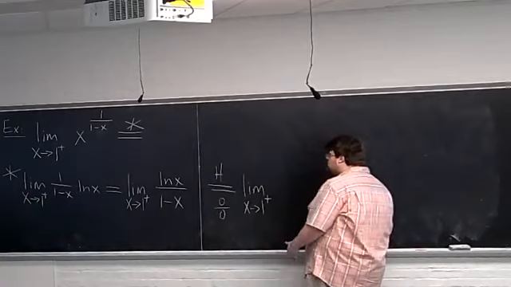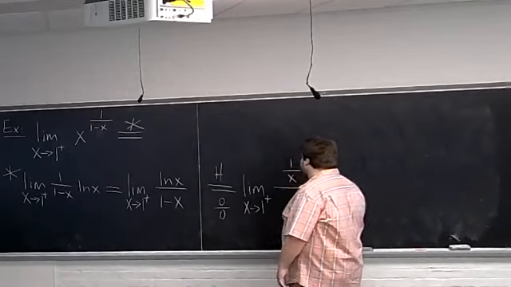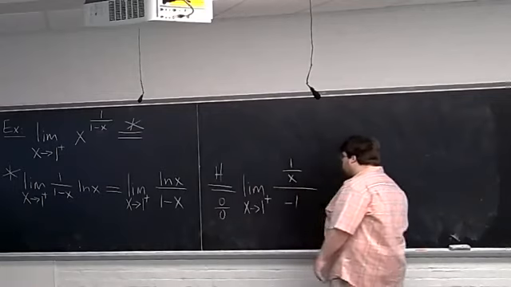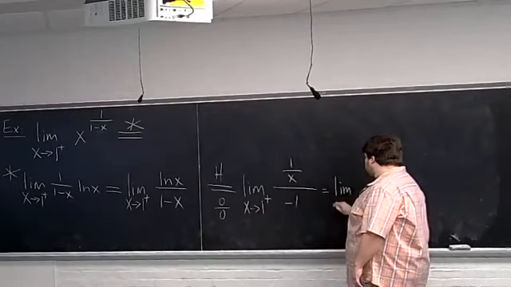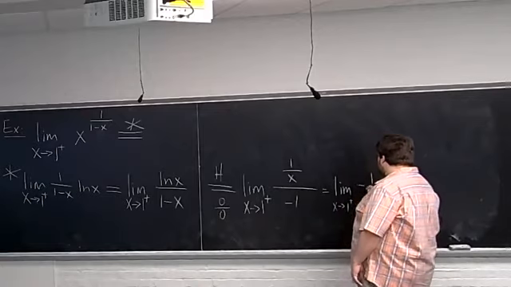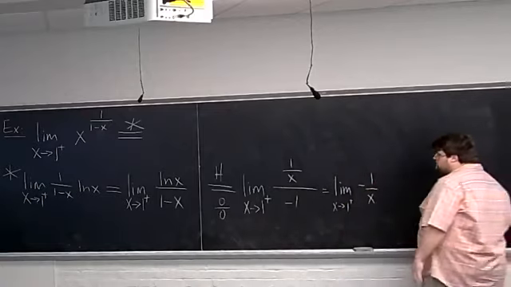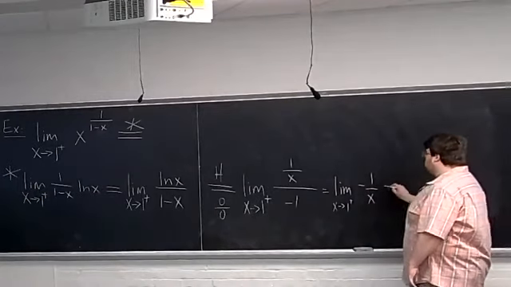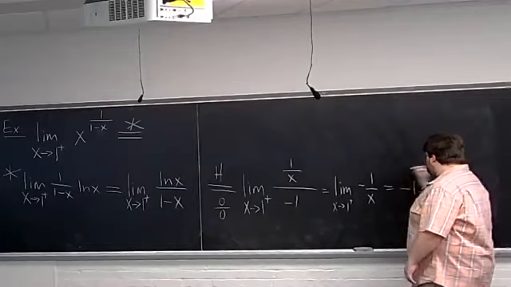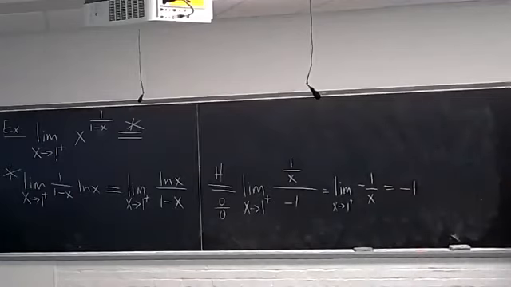This equals now the limit of the derivative of the top, 1 over x, divided by derivative of the bottom, -1. And as x goes to 1, it goes to -1 over 1. And I'm just right here, just reducing that fraction so it looks nicer. As x goes to 1, this goes to -1. So that limit went to -1. But again, this is not the limit in question. The limit in question doesn't have a logarithm on it. So to find the limit we want,